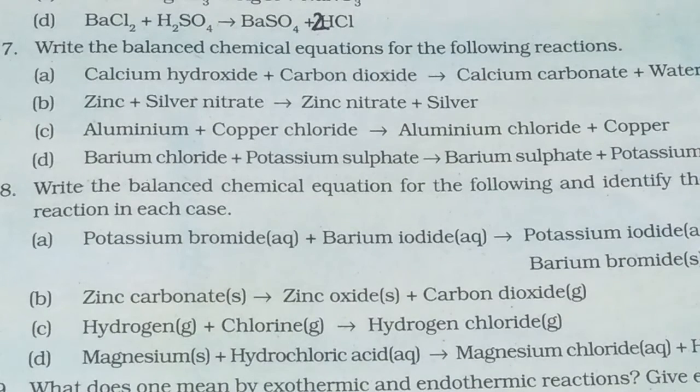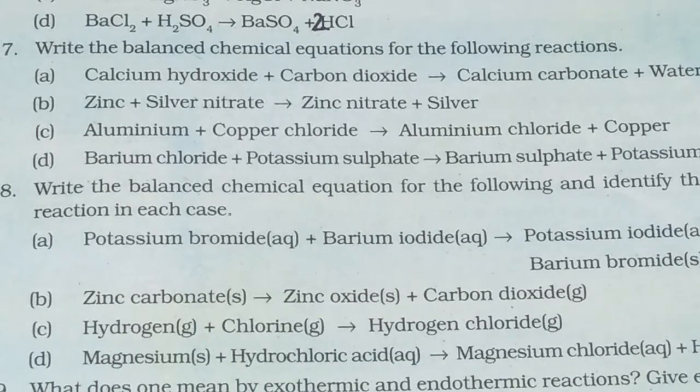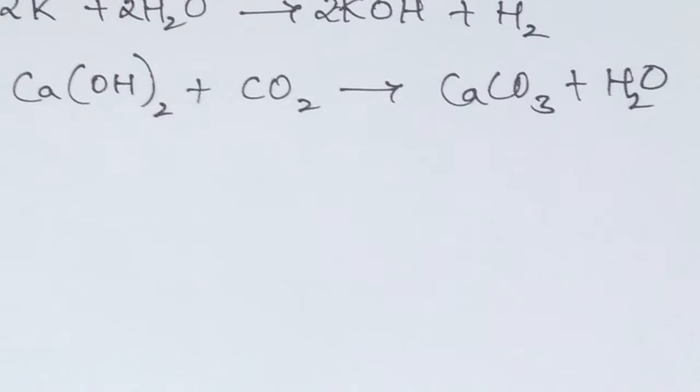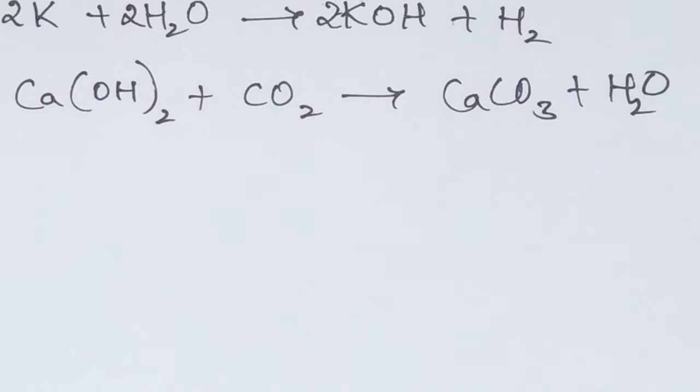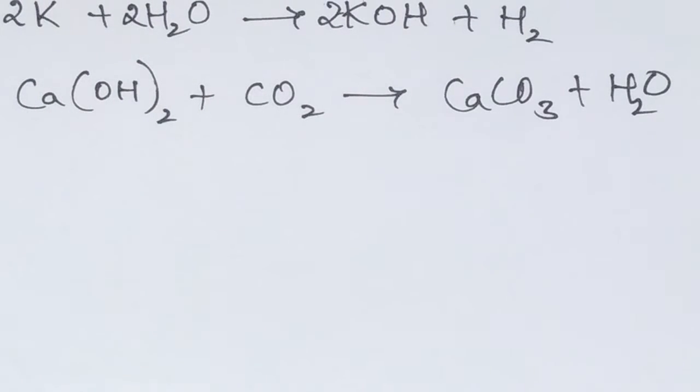First one, we have calcium hydroxide plus carbon dioxide gives rise to calcium carbonate plus water. Now let us write the chemical equation for this. So this is our chemical equation. We have written calcium hydroxide reacting with carbon dioxide forming calcium carbonate and water. If you observe the equation, calcium on the left side and right side has the same number of atoms, only one. Oxygens, left side we have 2 plus 2, 4, right side also 4, carbons 1 on both sides, hydrogens 2 on both sides. Already the equation is balanced.